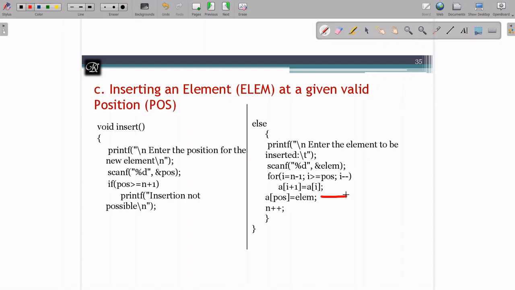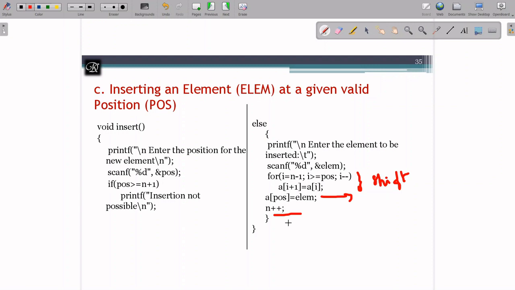This is the line which is going to insert, and these two are the lines which are going to perform the shifting operation, shifting towards the right. Now what I did, I have taken this I as n minus 1 till I is greater than or equal to position, I decrement, and at the next location I have stored the previous location value. Finally, once I finish shifting, I am going to store the element at the given position, and I am updating the n value. This is also very important because while displaying we are working on the n value. If you are not going to update this, even though the value is inserted, you are going to lose the last element. That's why it's mandatory to update.